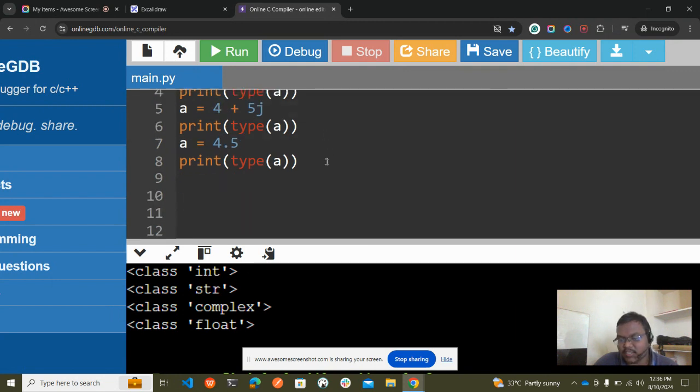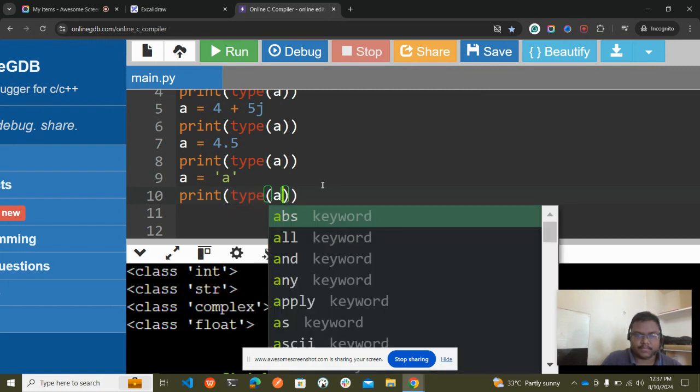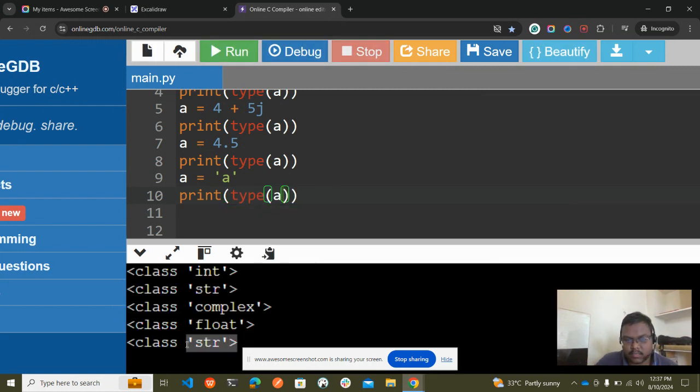You can put a string in double quotes or in single quotes. A is equal to 'a', and then print type of a. We get string. You can also keep the string in triple quotes.